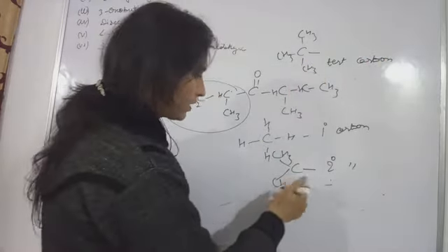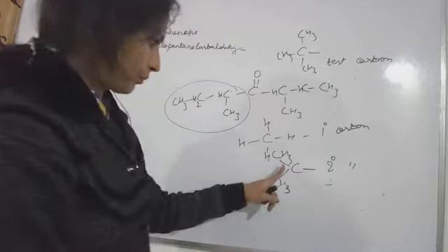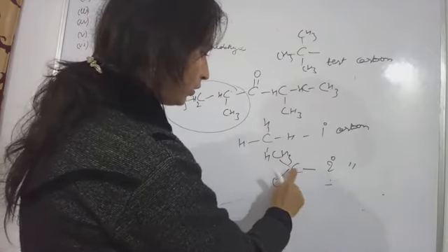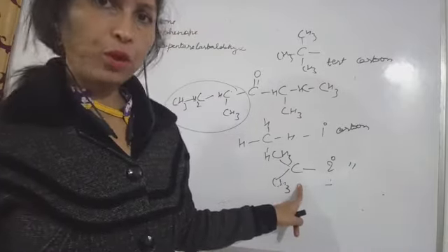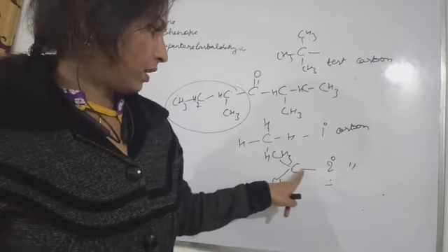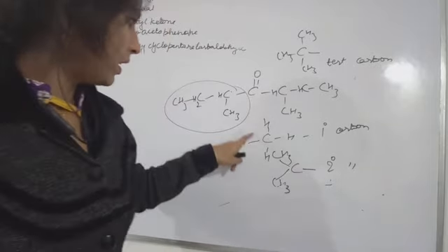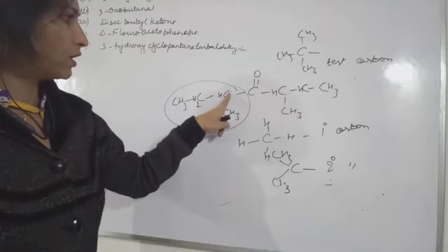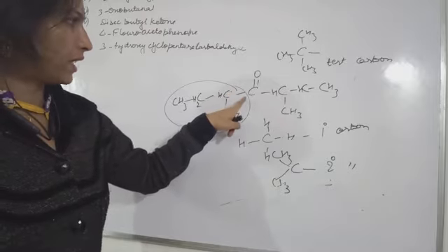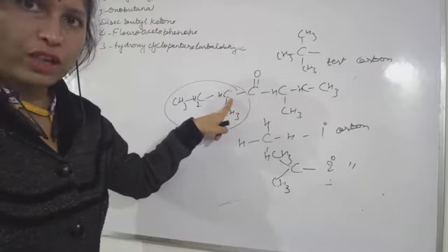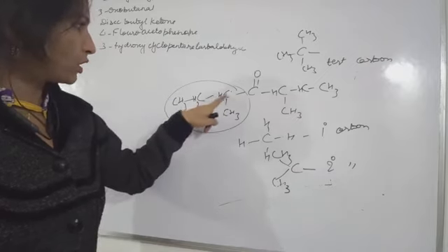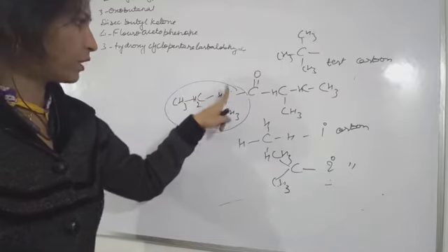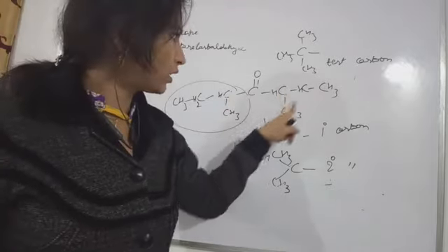Okay, see, this is secondary carbon, 1, 2, 3. So this is a propyl group. So this will be called secondary carbon. Here also, this 1 carbon is attached to 2 more alkyl groups. So this carbon is attached to the main ketonic group. This will be called secondary butyl, because of the butyl word, see, 1, 2, 3, 4. 4 carbons are present here. So secondary butyl, here also secondary butyl.